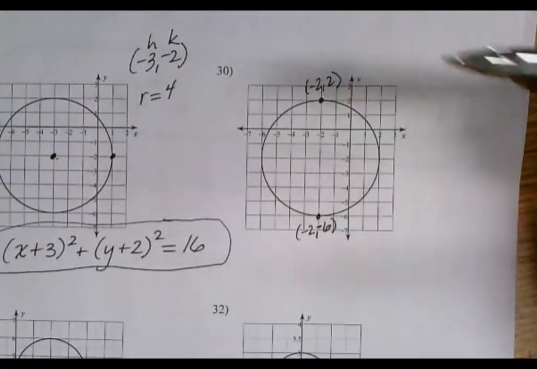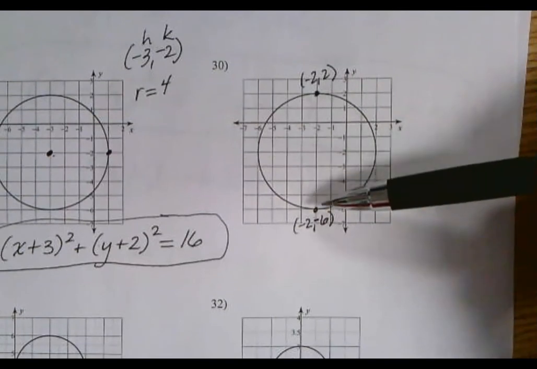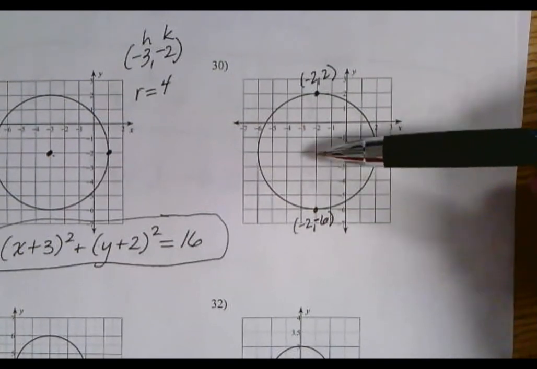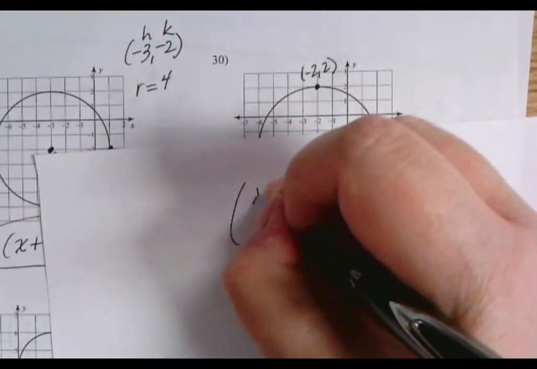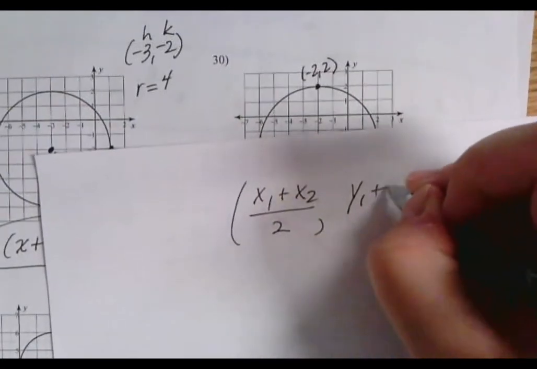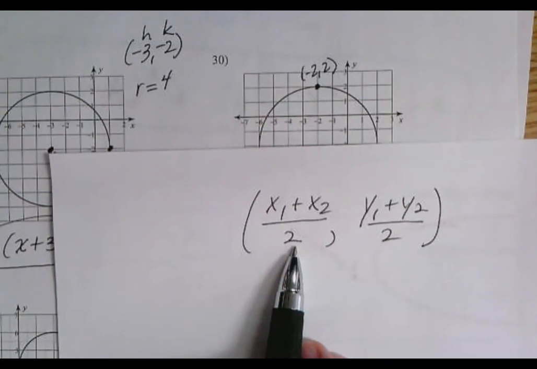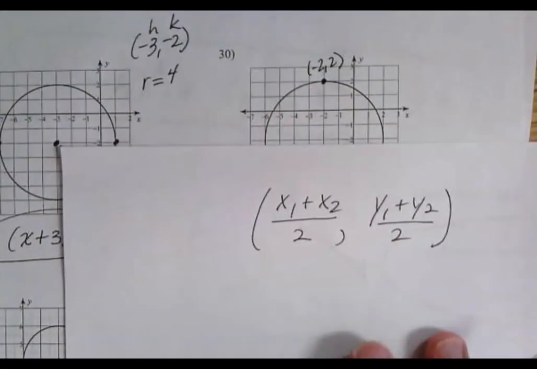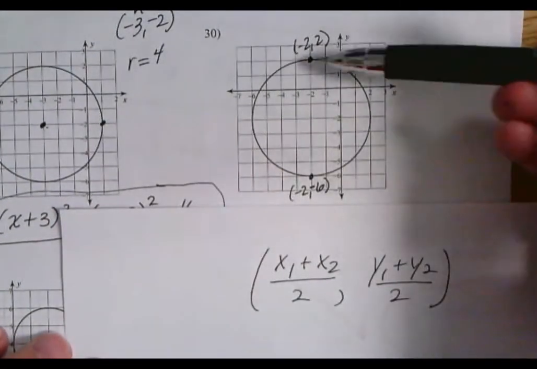All right, if you're looking at a diameter, what is right in the middle of a diameter? The center. So the center of a circle is the midpoint of a diameter. Remember midpoint formula? You add the x's together and divide by 2, add the y's together and divide by 2. It's kind of like taking the average of the x's and the average of the y's. So I can find the midpoint between these two endpoints,